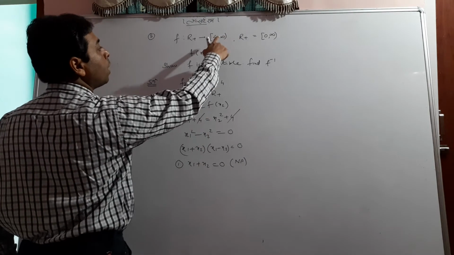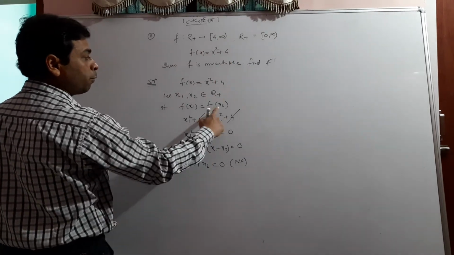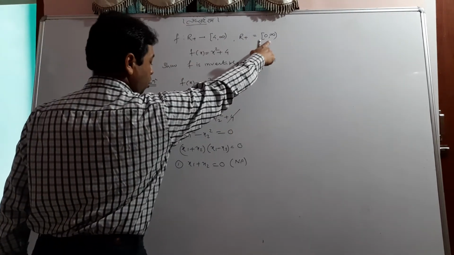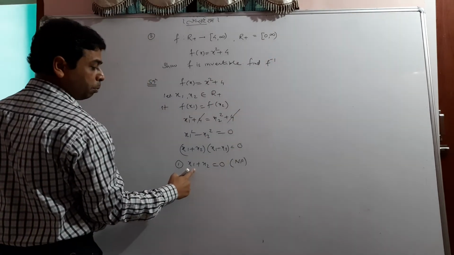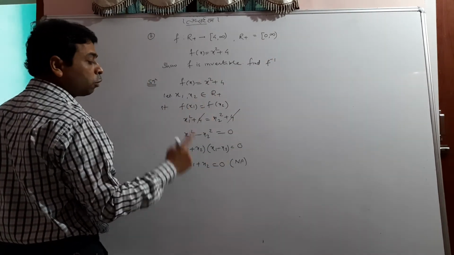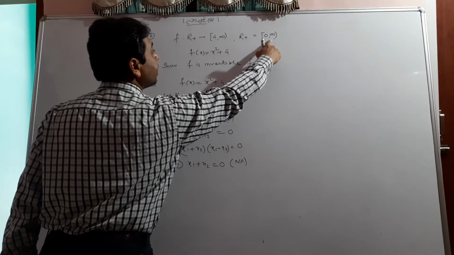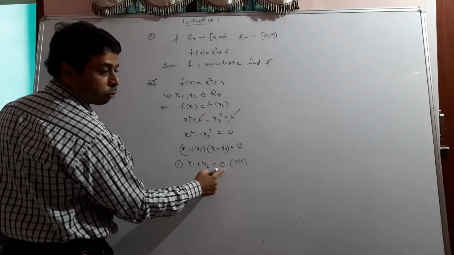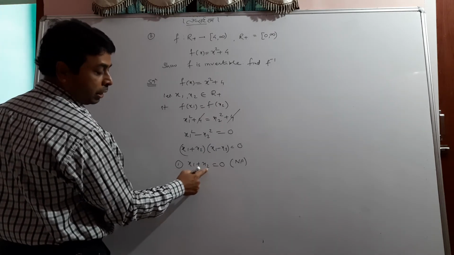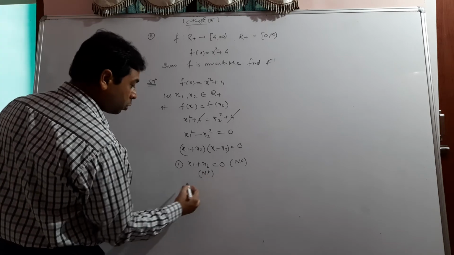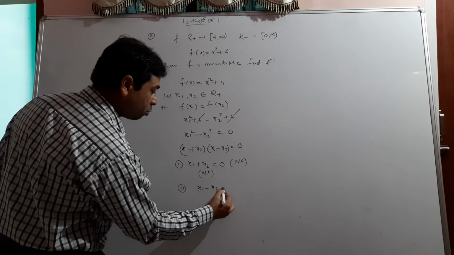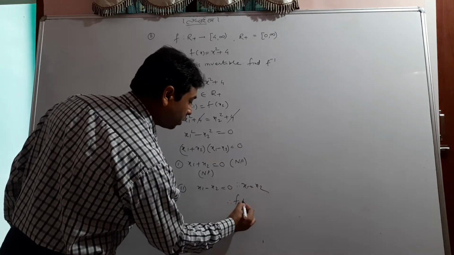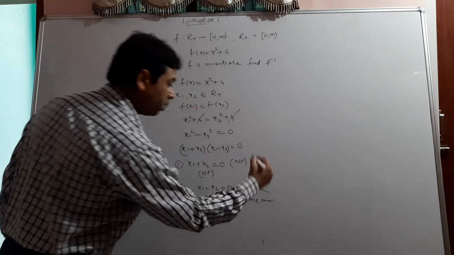as I taught you, between them it is a plus sign. Then x1 and x2 have been taken from R plus, meaning non-negative real numbers, meaning all are positive. When we take all as positive, x1 plus x2 should not be equal to 0 for all numbers, not for one. For all x1 and x2 chosen from this interval, x1 plus x2 is never equal to 0. It is positive plus positive, never 0. It's not possible. So I'll go with the second option, x1 minus x2 is equal to 0, which gives you x1 equal to x2, and that shows that f is 1-1.